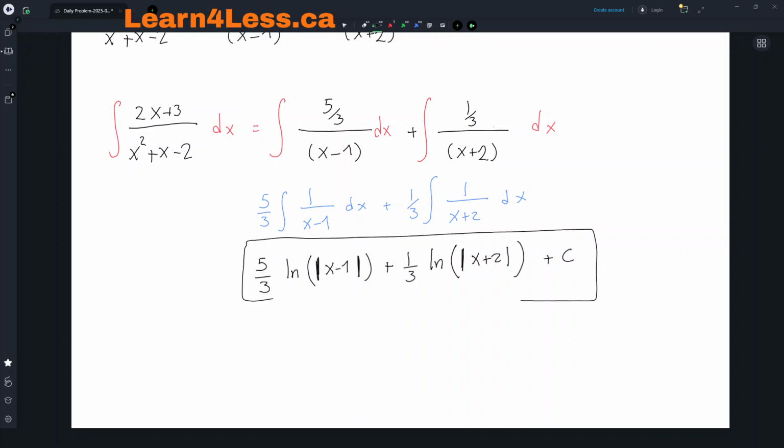There are other ways to write this integral. You can just write it as one ln, but really it doesn't matter. It's just not making that much simpler. So this would be the final answer to the